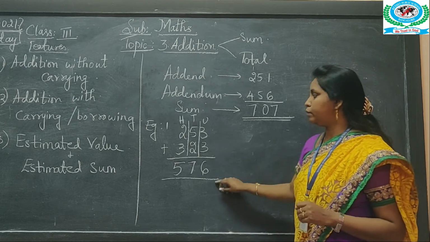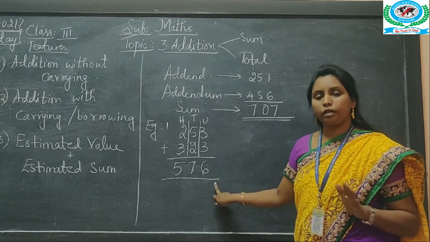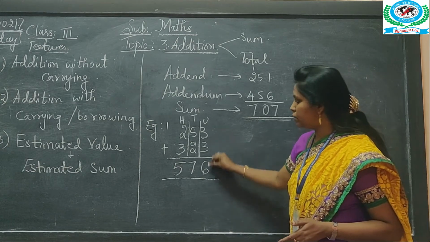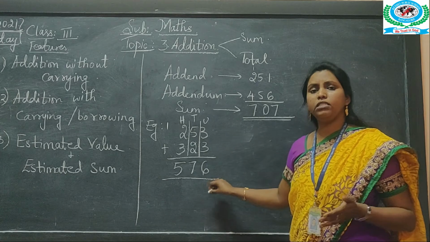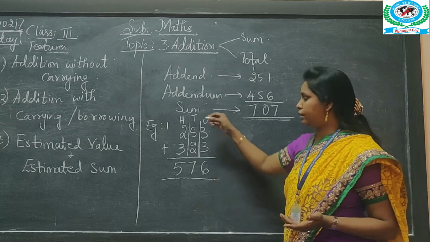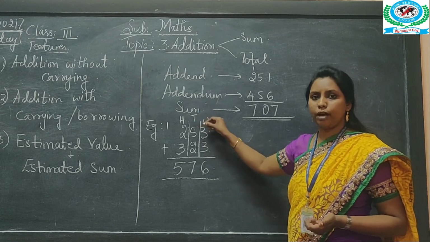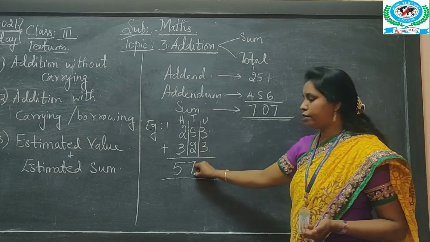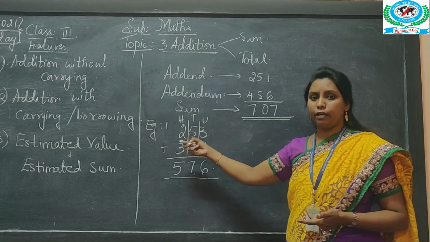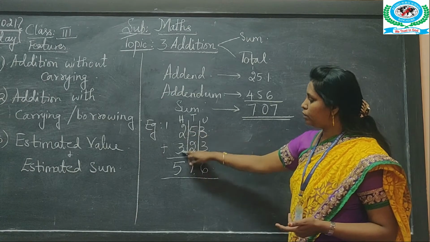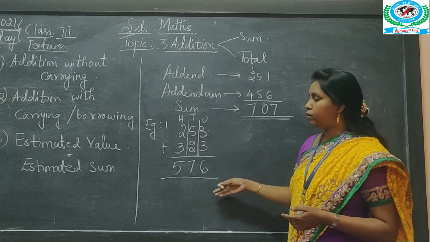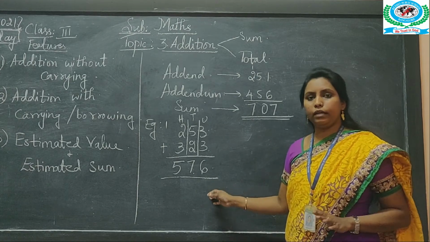Here in this example what we have done is we have not carried forward any number there. Okay. So this is within the numbers 10, isn't it? So 3 plus 3 is 6. So we need not carry the another number to the next place value. Okay. So 5 plus 2 is 7. Directly we are going to write there. We will not carry to the next 100 value. Okay. So then 2 plus 3 is 5. So all these numbers are within 10 and you are going to write it without carrying any other number.